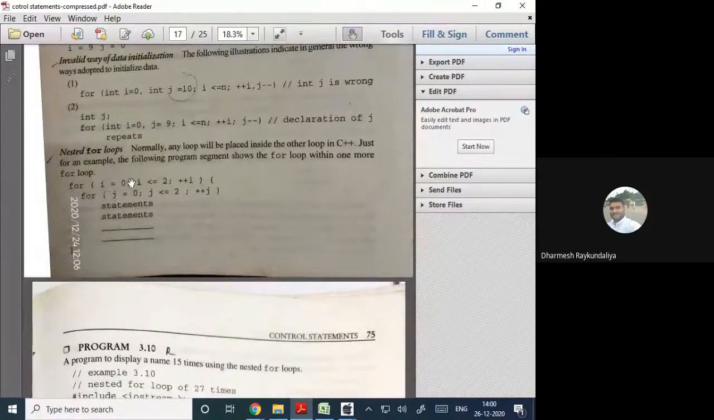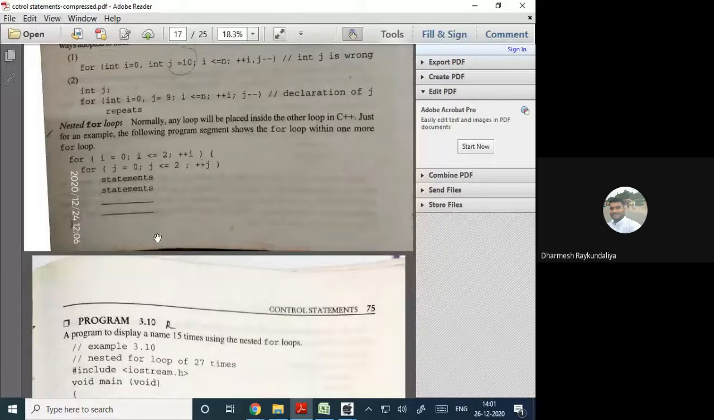So here, for I equal to 0, I less than or equal to 2, plus plus I, the loop starts, then you enter the J loop. So that is an example of a nested for loop. And if you remember, we wrote a program for arranging data in ascending order where we used a for loop within a for loop. That means first we introduced the for loop of the ith variable, and then within that ith for loop we have